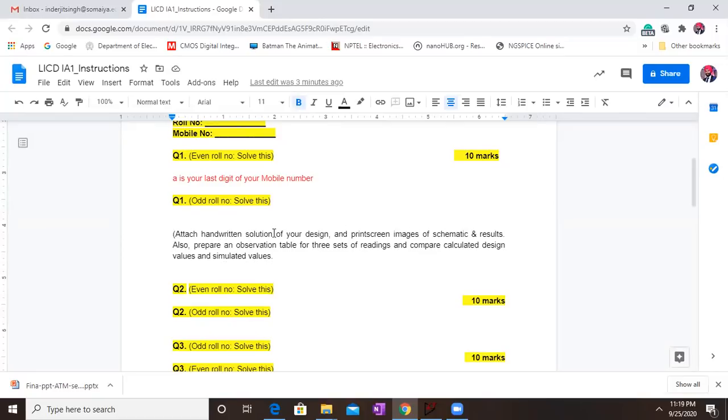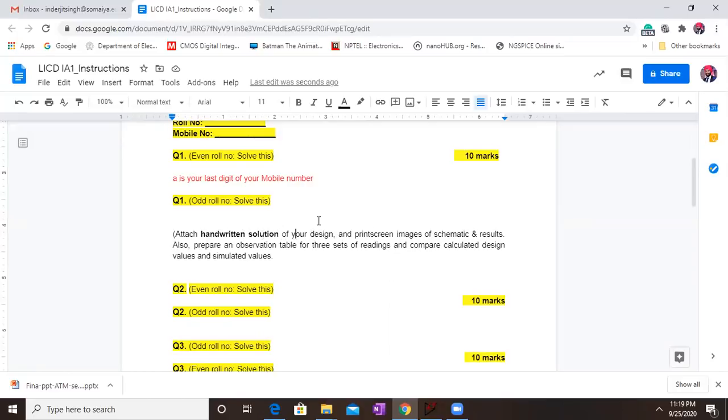An important point to note here is the handwritten solution. In case of a handwritten solution, you have to write it on a piece of paper and upload a good quality image. Remember, it has to be a good quality image, or else it will not be readable, and it will impair our judgment of your answers. That will be reflected in a reduction of marks. So a gentle request to include high quality handwritten images.